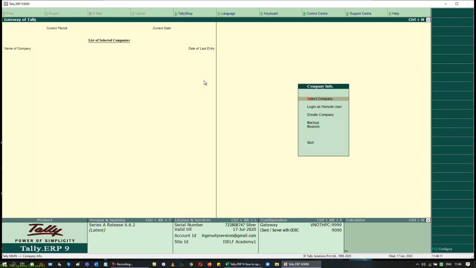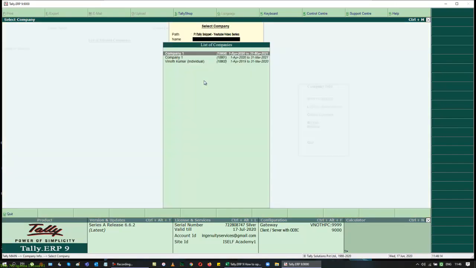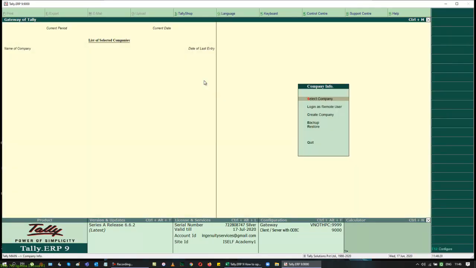So if you see, when I give an enter in one of the menus, you can see that the menu expands further, and it says these are the information that is available for me. When I give an escape, it comes back to the original place where I started my list earlier. When you work in Tally, this is the first screen of Tally, and I will even call this the last screen in Tally.